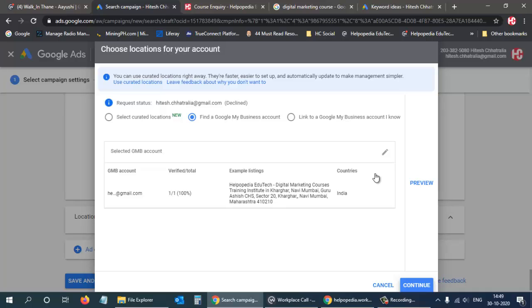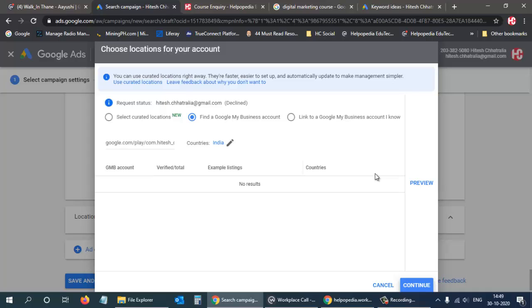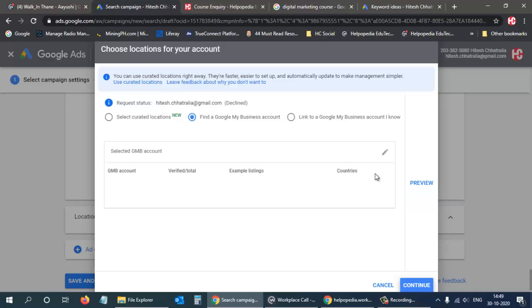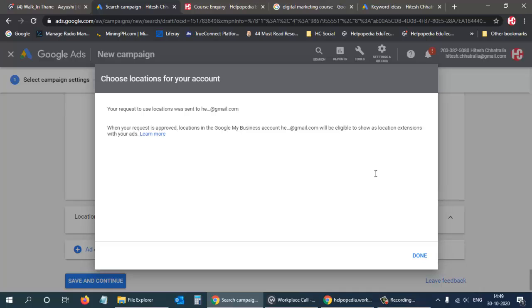Or else there is something new, select curated location. Over here I can select whatever locations I want manually, but that is not what I want right now, so I'll just select my website only. Okay, so this is the first location that I want. So this location has come up, and then I can click on continue, and your request to use the location was sent to